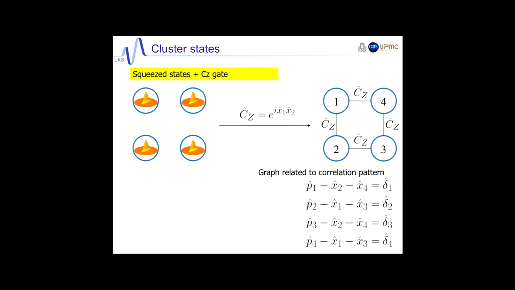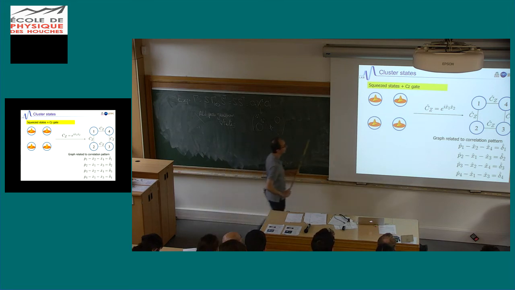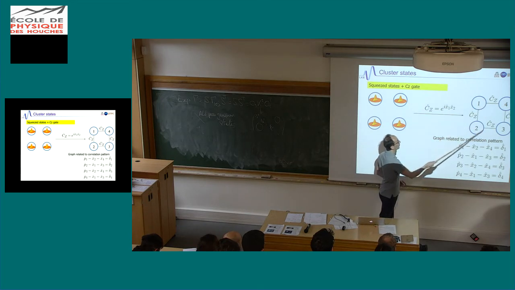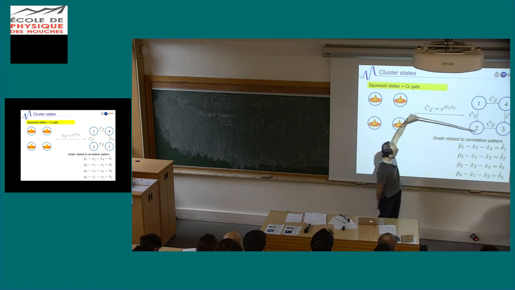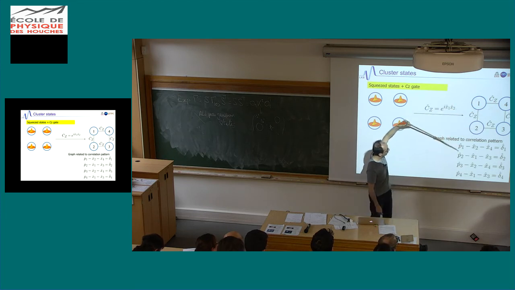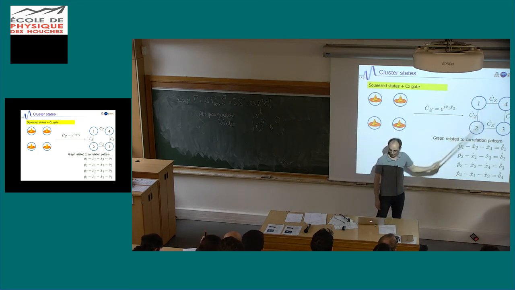This is really to tell you why people are doing that. So this cluster state, in fact, verifies some correlation properties. If you look at this CZ gate, it's a bit complicated. This is much simpler. If I take one of these modes here, I see that the p quadrature of this mode is correlated to the x quadrature of this one and the x quadrature of this one. Sorry, all along here it's written x instead of q, but I think you can do the mapping. And so you look at this quantity, p1 minus x2 minus x4, which is called a nullifier of the system. For each of them, you have that.